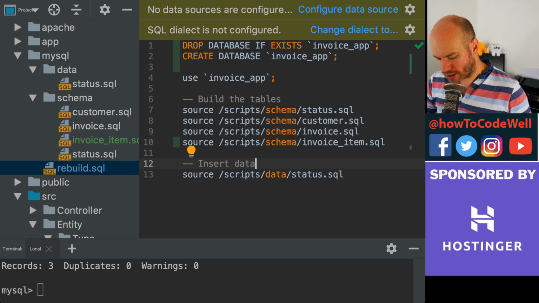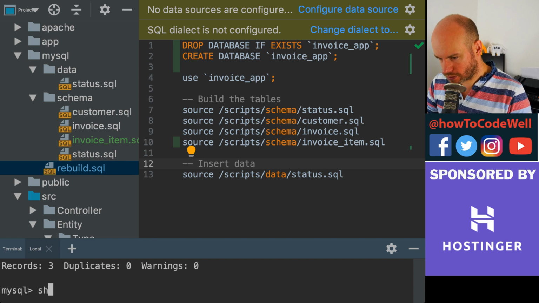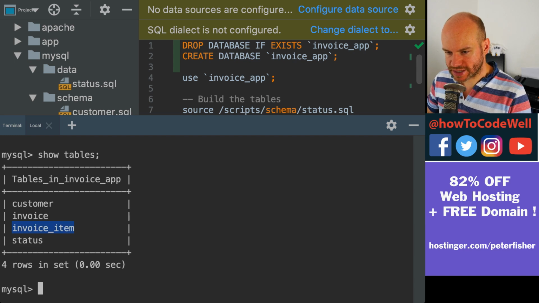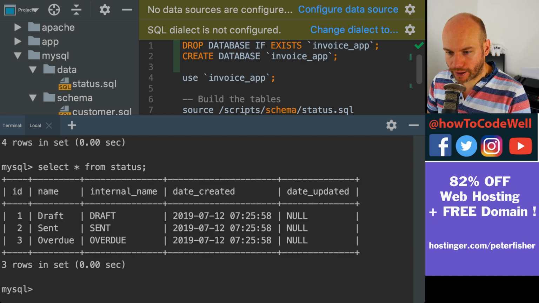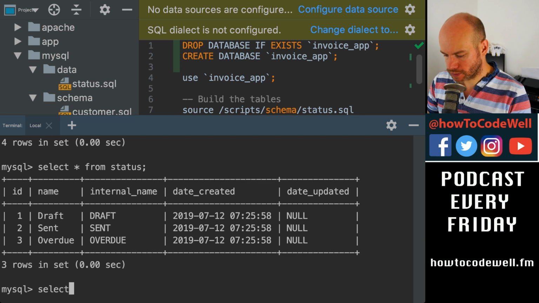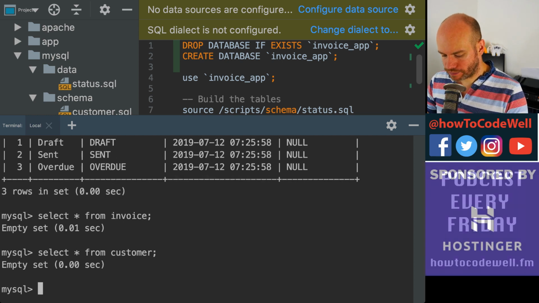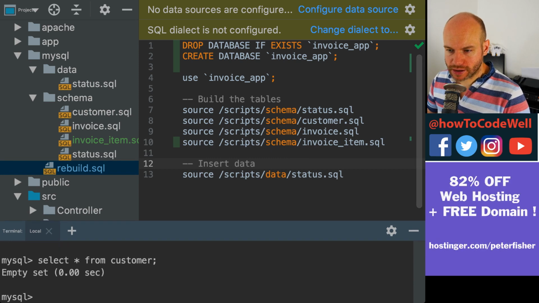I mean, let's just double check here. Show tables. Whoops, not there. In here, show tables. We should have customer, invoice, item and status. And if I did select all from status, we should have these three and only three. If I did a select all from invoice, we should have nothing in here. We should have nothing in the customer table, and nothing in the other tables as well. And they are all created correctly, which is good. So yeah, I think that covers the whole SQL side, at least at this point in this stream,